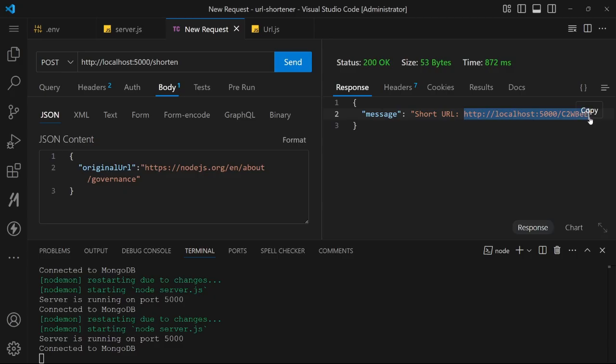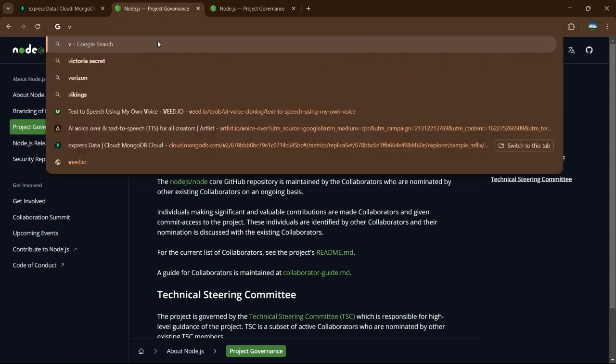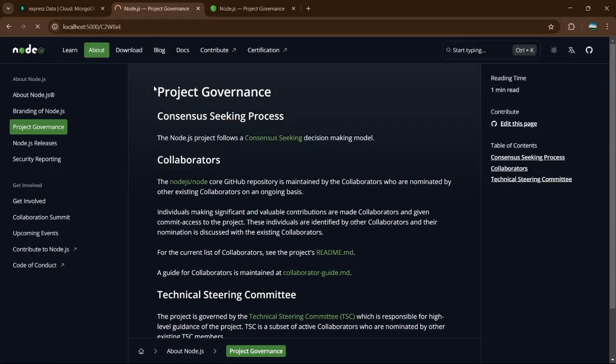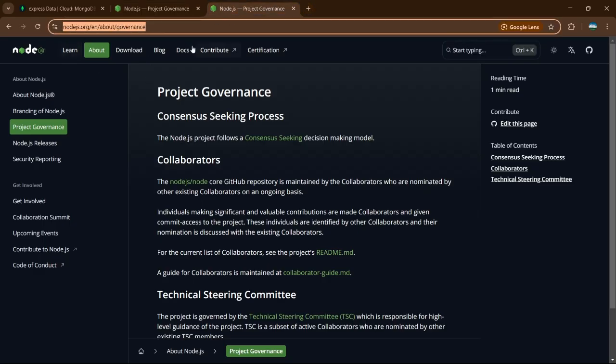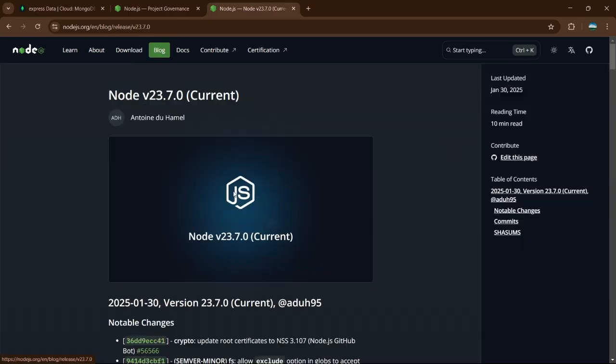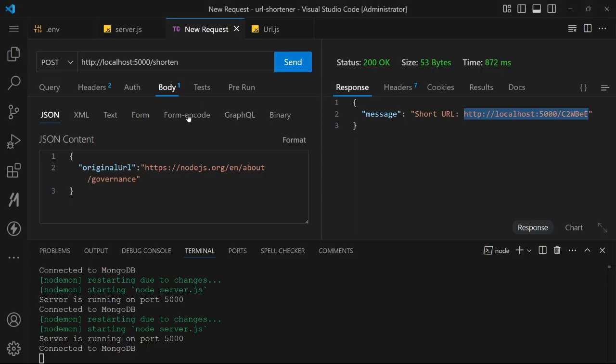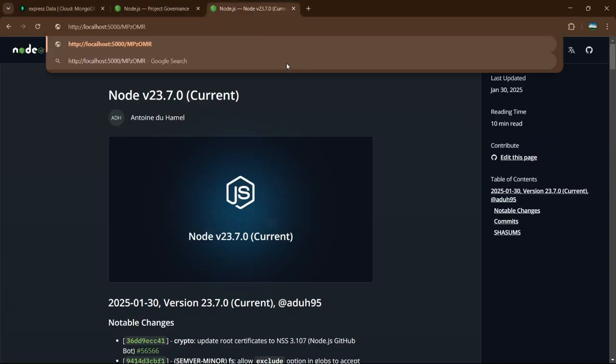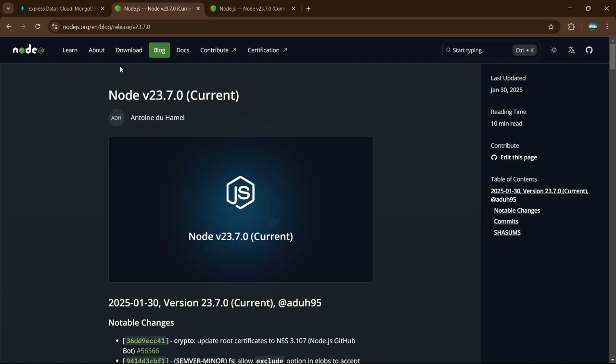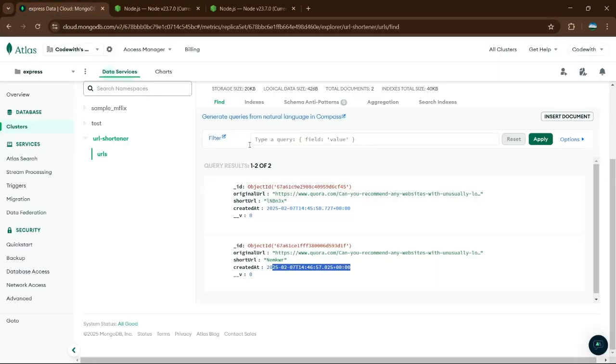If I copy this one, don't click on it because it's gonna copy the message, and paste it here, see, it's working fine. If I change something to blog, and copy it, and instead of this, if I send, see, it will give me this one. If I copy and paste, see, it's going for this one. Now if I refresh here,